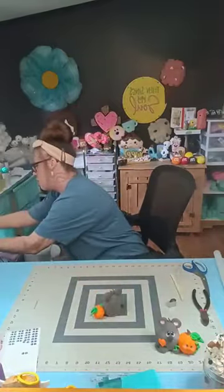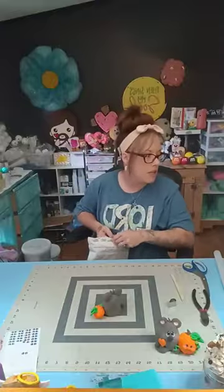So, the last thing that we're going to do to finish our pumpkin off is I'm just going to get a little bit of brown, and we're just going to make a super cute